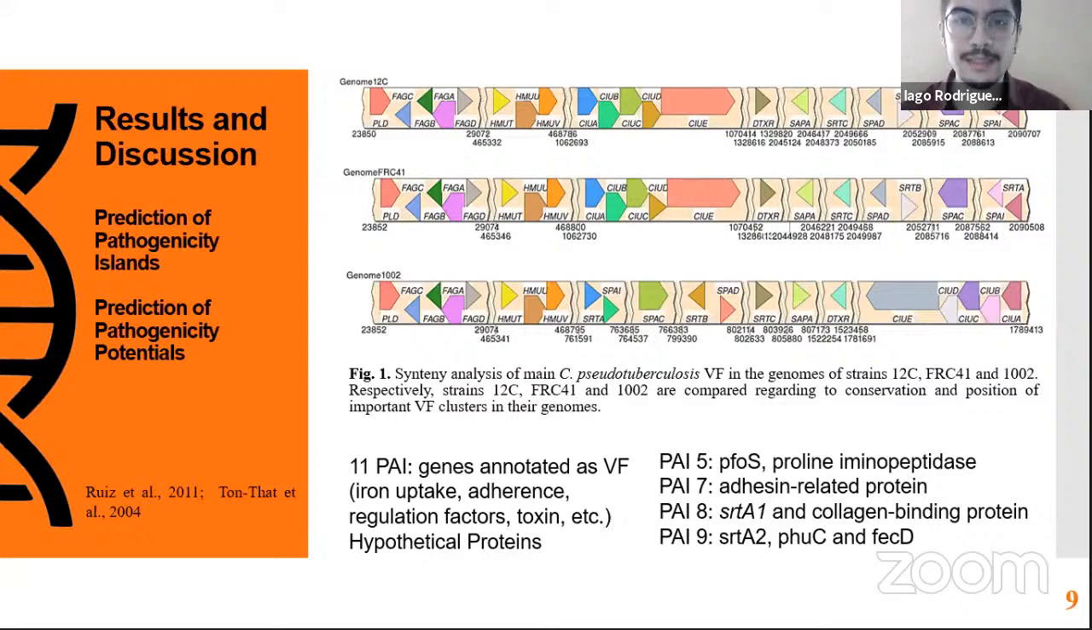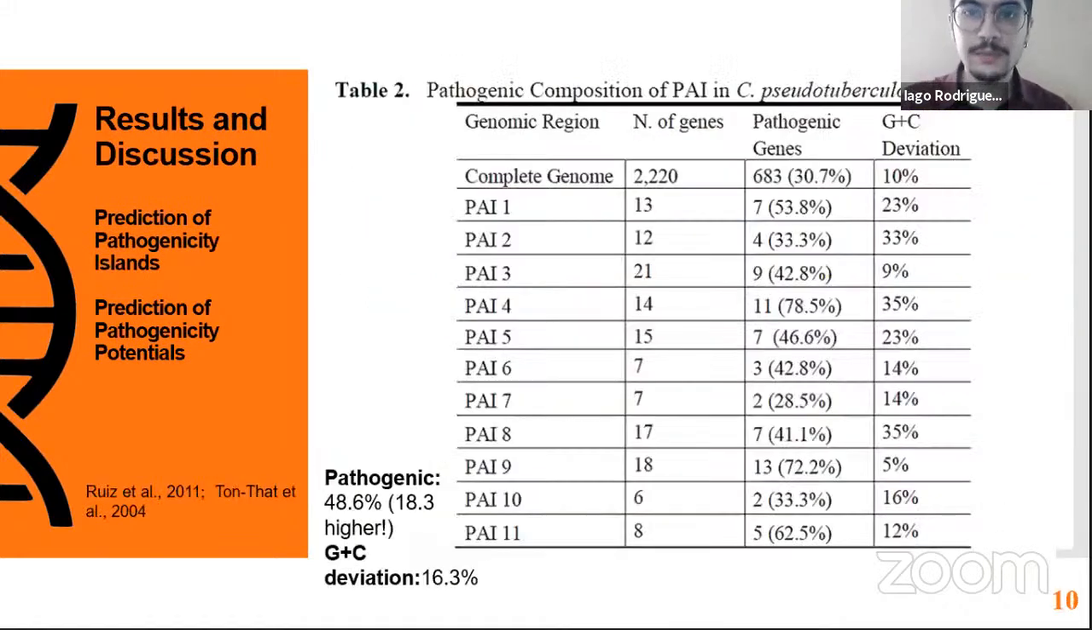Besides that, in PI7, it was possible to observe a non-annotated adenosine-related protein, which may be associated to the role of adherence in the pathogenesis of bacteria and the host. And in PI8, we observe a sortase 1 and a collagen binding surface protein, which relates to, as mentioned before, the pathogenic related process of adherence. And in PI9, we could find another sortase 2 and some iron transport proteins such as PhuC and FagC. Okay, so continuing,